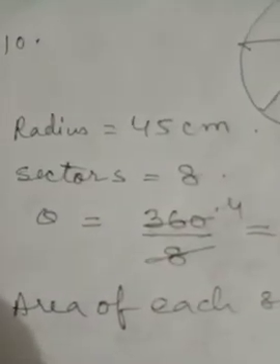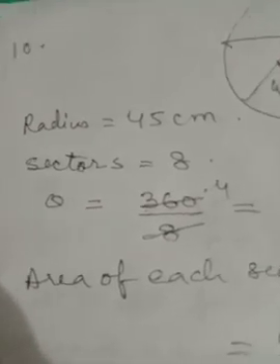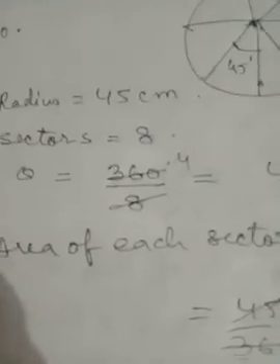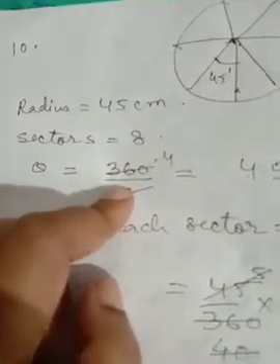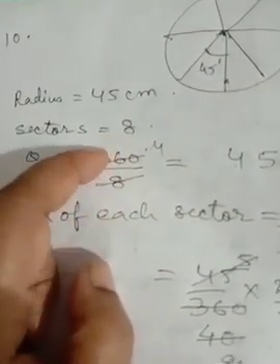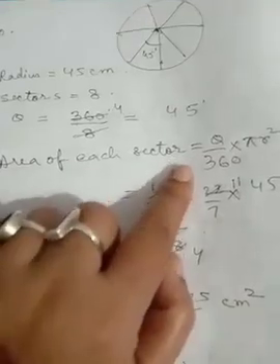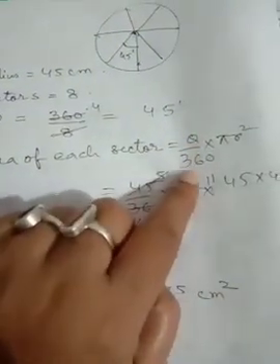So here you see radius is equal to 45 centimeter, total number of sectors is equal to 8. So theta will be, the angle of the circle is 360 degree. You have to divide 360 degree by 8, we get 45 degree. So area of each sector will become theta by 360 into pi r square, putting the value of theta as